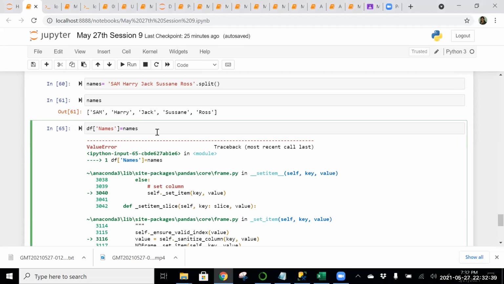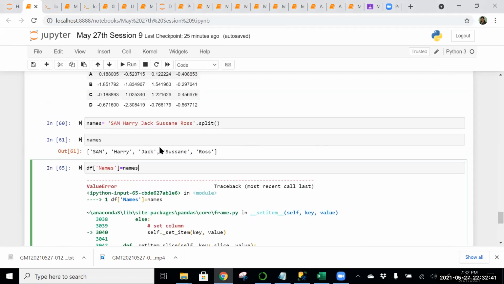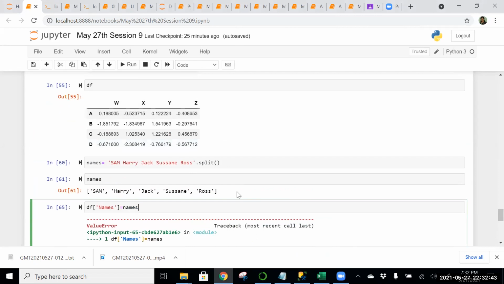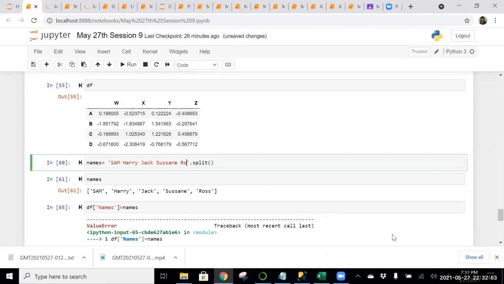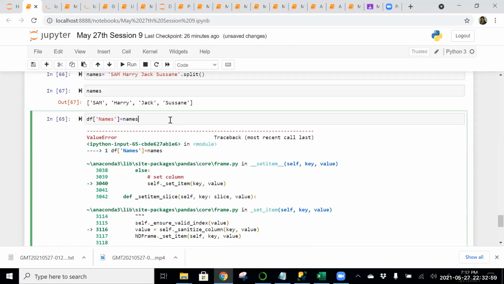Can I see your data frame once? Actually, you have 4 rows, so you have one additional name in that. That is why it is creating a problem. Just remove one name.